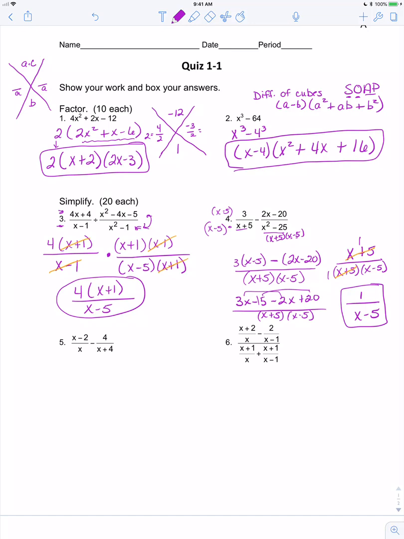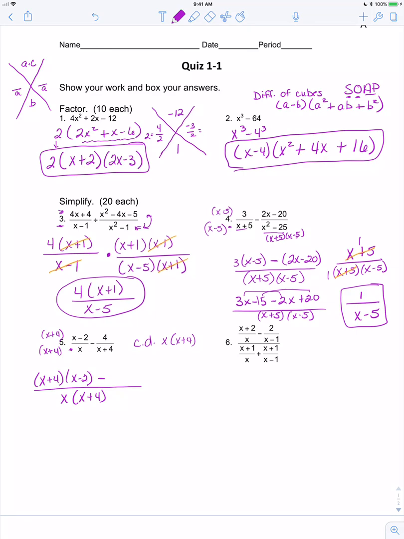Okay, here's another subtraction one. So look at this, the common denominator here will be x times x plus 4. Okay, and so we're going to just write x times x plus 4 here, that's going to be our denominator. Okay, this fraction needs the x plus 4 on the bottom, so it also needs it on the top. So we're going to have x plus 4 times x minus 2